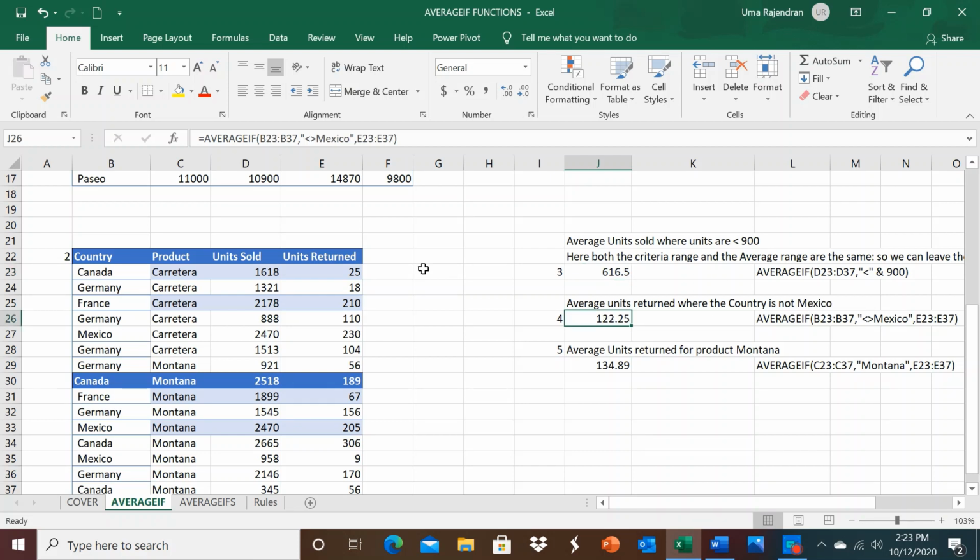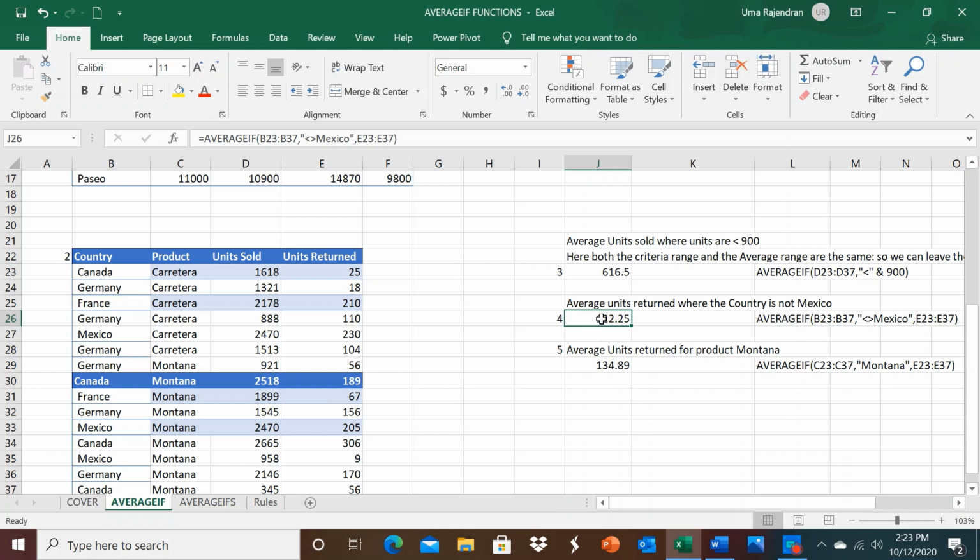So again, AVERAGEIF, your country is B23 all the way to B37, and your criteria is not equal to Mexico, and you are finding the units returned, that is E23 all the way to E37, and enter, and it